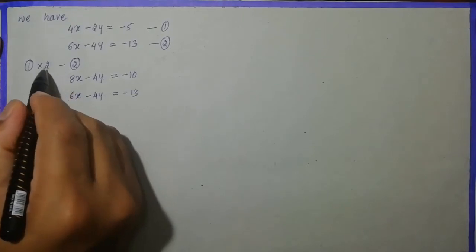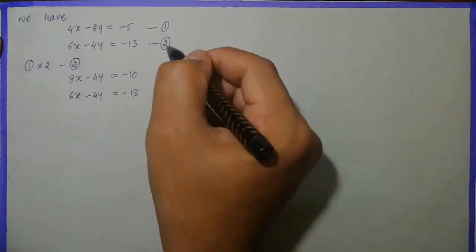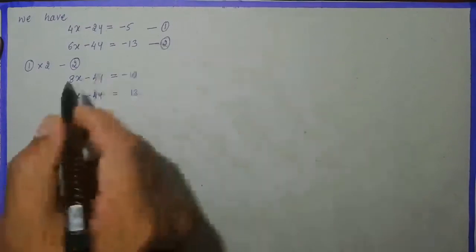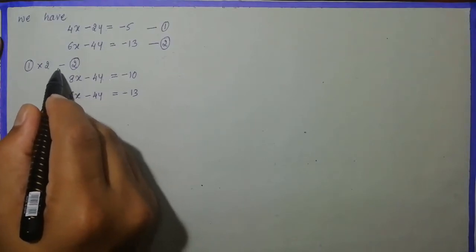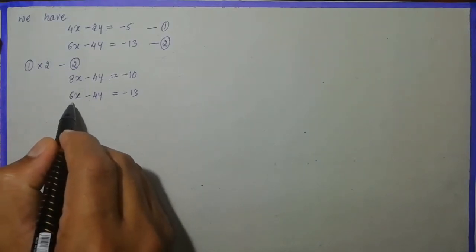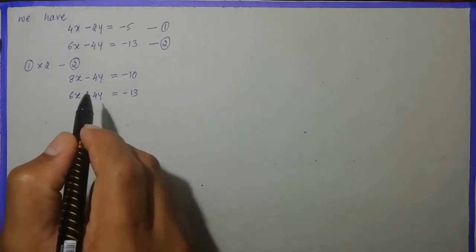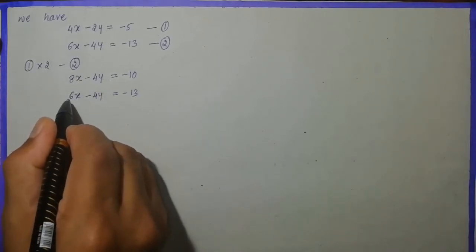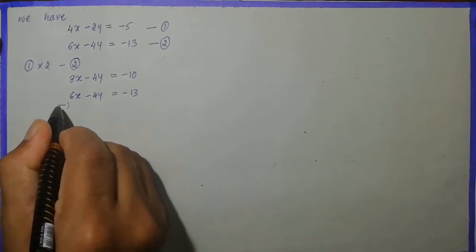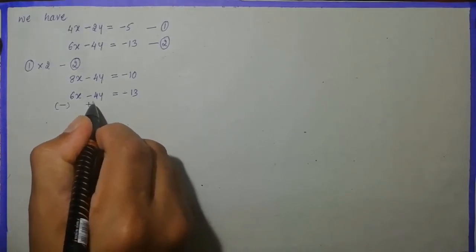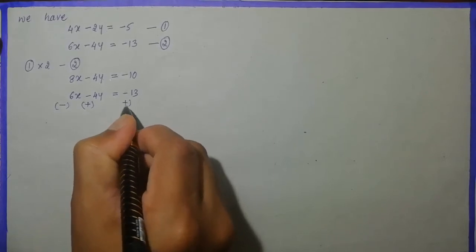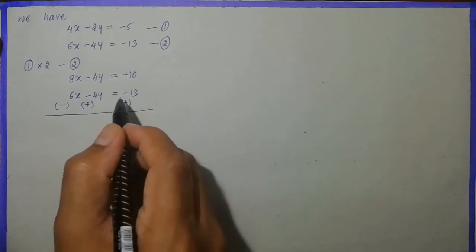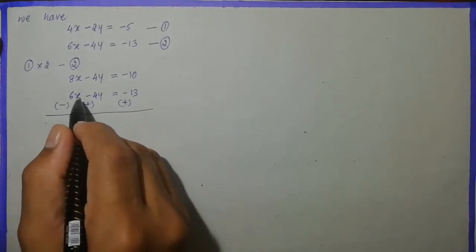Now I'm going to subtract these two equations, so I'm going to do 1 minus 2, but before that I have multiplied equation number 1 by 2. Since I'm subtracting, you have to change the signs of the second equation. I think you have followed this in the division algorithm of polynomials. Here it is plus, it will become minus; minus will become plus; minus will become plus. Now you need to operate, considering the changed signs.